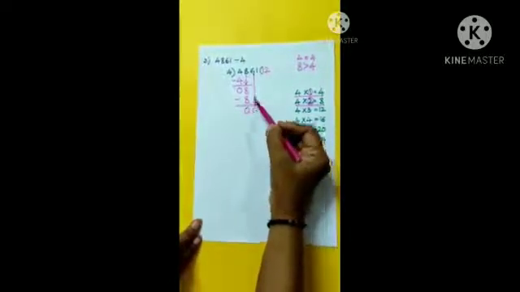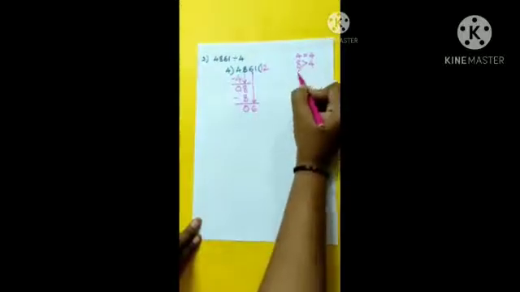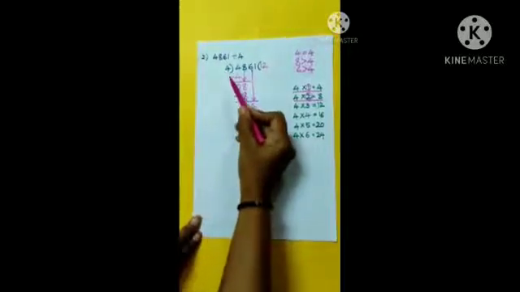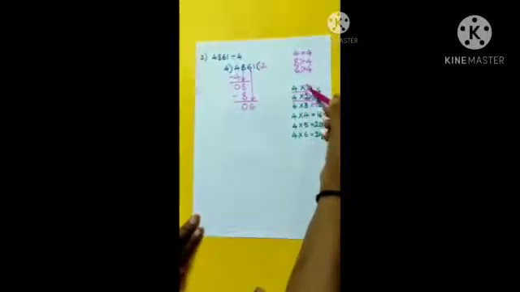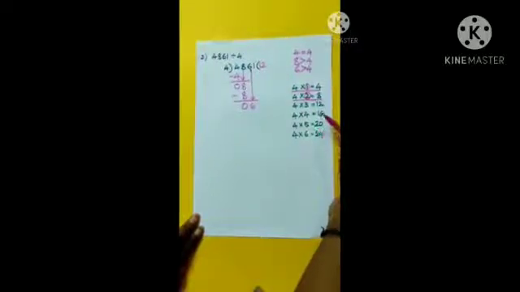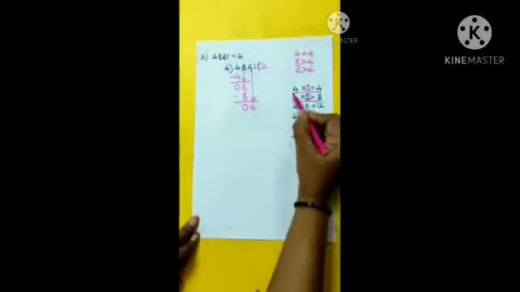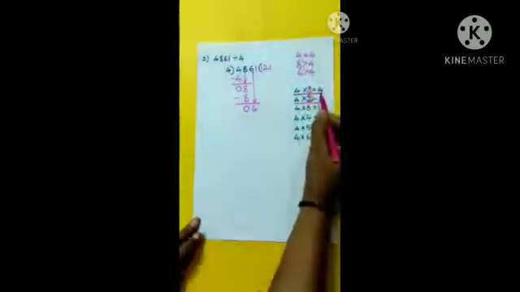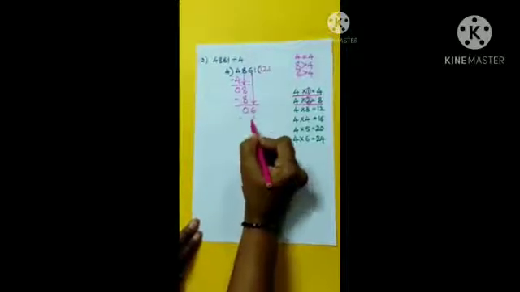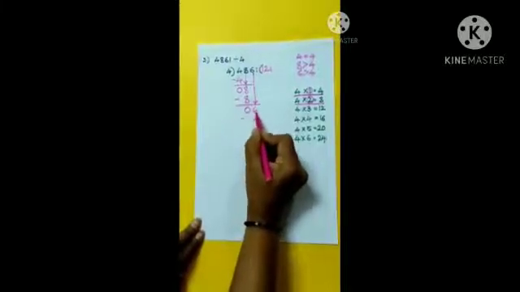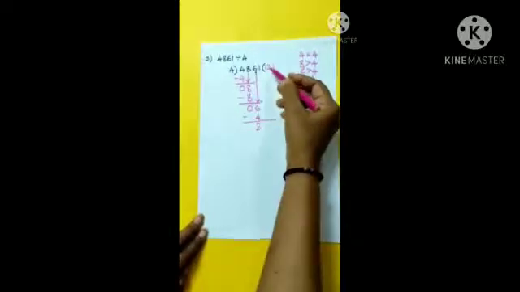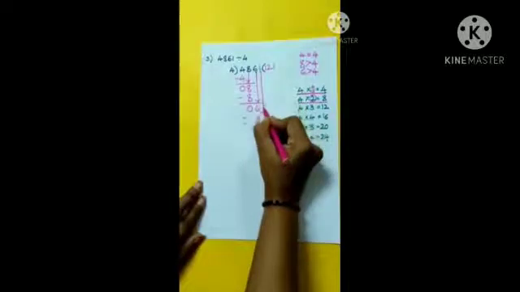Here we compare 6 with the divisor 4. 6 is greater than 4. And therefore we can divide 6 by 4. Again we use the table of 4 to find the product which is equal to and nearest to 6. The nearest product is 4. We know that 4 into 1 is equal to 4. We write 1 in the quotient and we write 4 under 6 and subtract 4 from 6. 6 minus 4 is equal to 2. Lastly, bring down the next digit, that is 1.